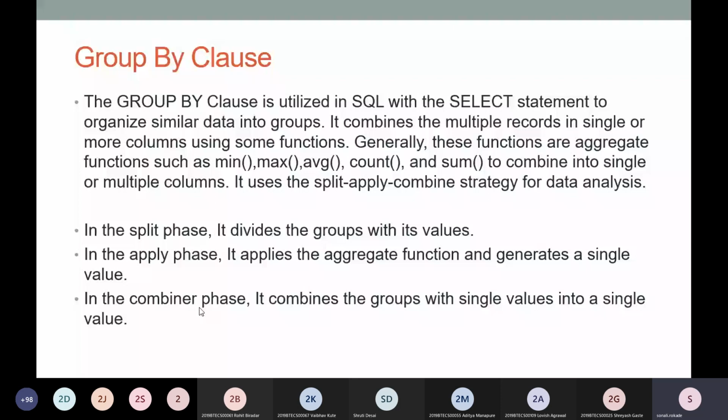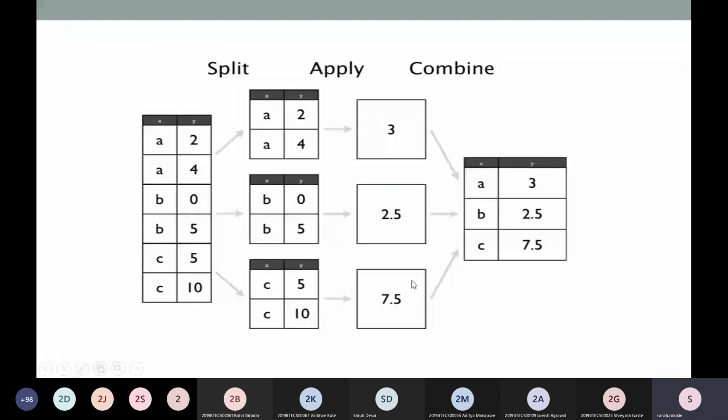It means we are combining these groups into a single value, or we can say a group of single values into a single value, meaning it's the same as the split and apply. So we have A is equal to 3, B is equal to 2.5, and C is equal to 7.5. This is the split, apply and combine.